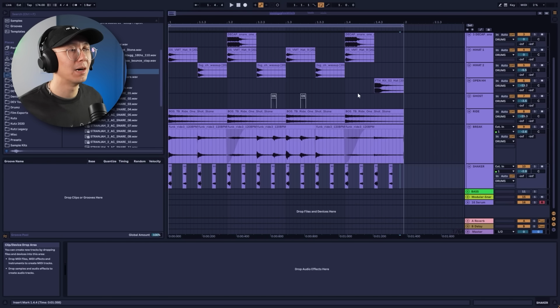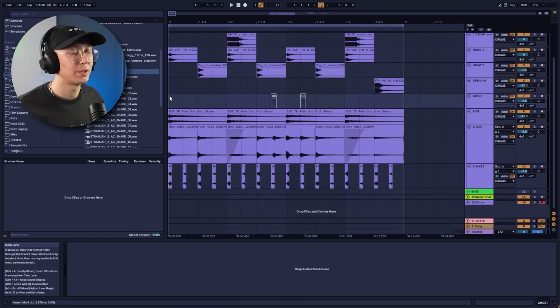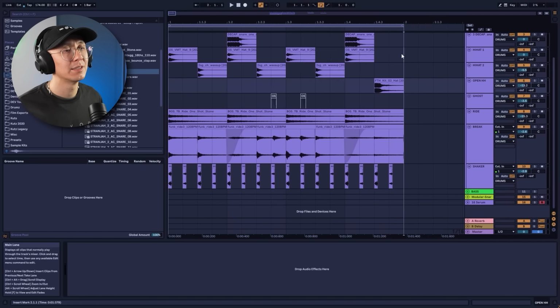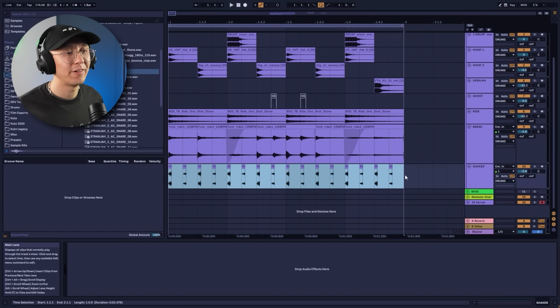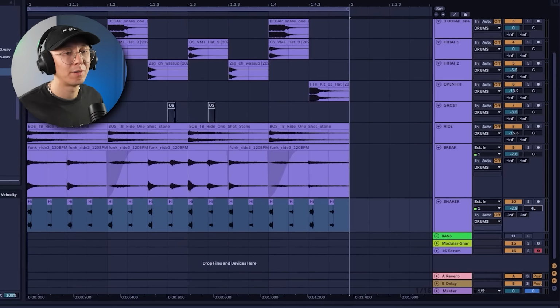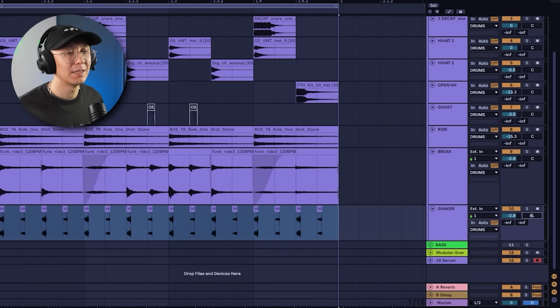Now, because we have a number of top sounds such as the hi-hat, the ride, the break, and even the shakers, we can play with the panning of certain sounds to make this drum groove sound a little more dimensional. So usually I keep the main hi-hats in the center. That's not a hard rule. You can also pan those as well. But I might pan, for example, these fast shakers a bit to the left. So around, I'd like to be subtle. So like left around 8 to 10 to the left, or even